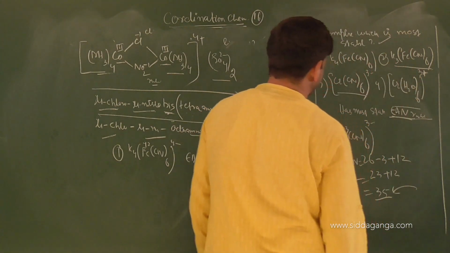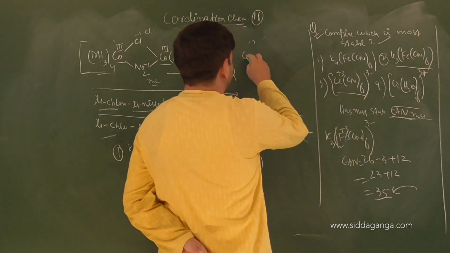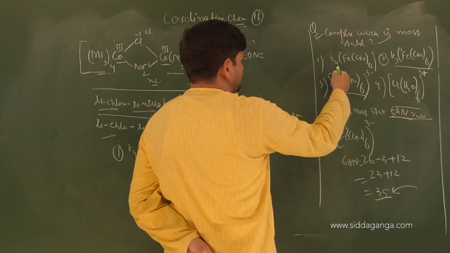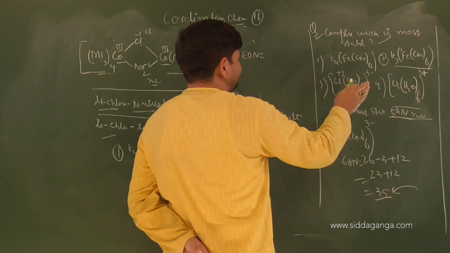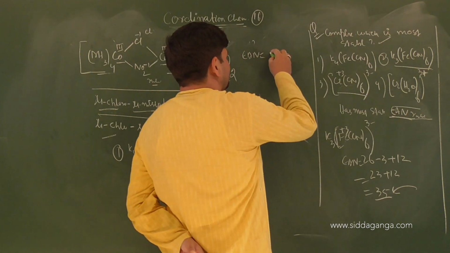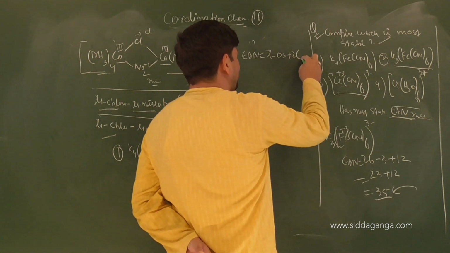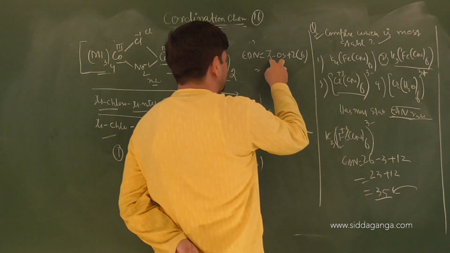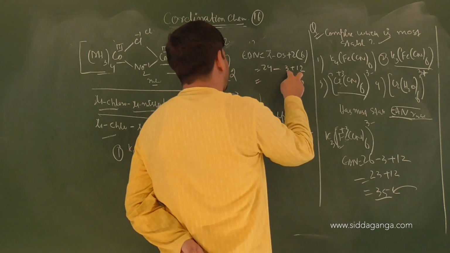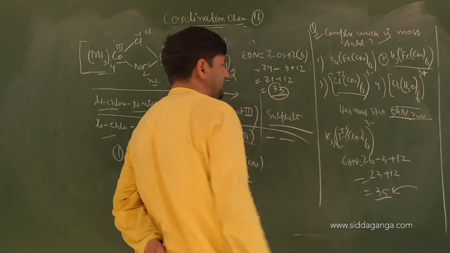Let us see this one, chromium [Cr(CN)6] 3 minus. Chromium +3, chromium atomic number 24. So for EAN, it lost how many? 3. So 24, 23, 22, 21. So effective atomic number is Z minus oxidation state plus 2 into coordination number, which is again 6 here. Atomic number Z 24 minus oxidation state 3 is 21, plus 12. That makes it only 33. Again far from the noble gas configuration.